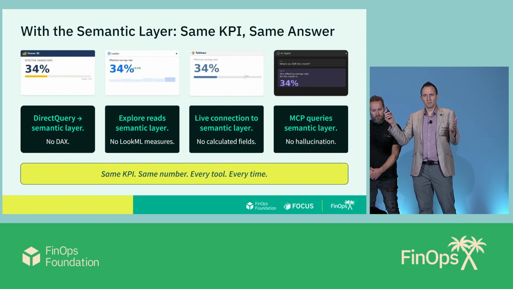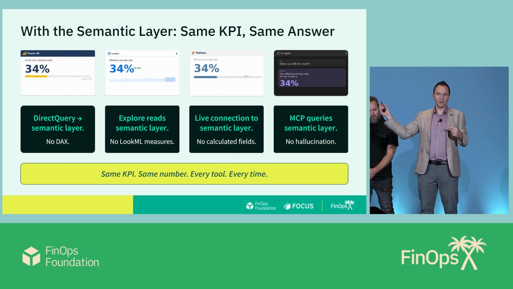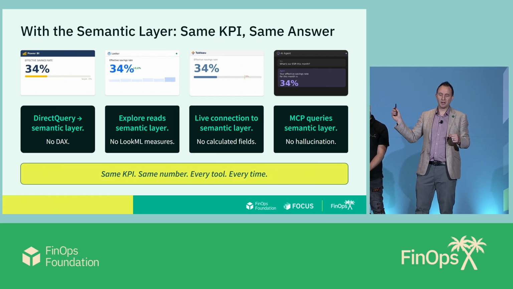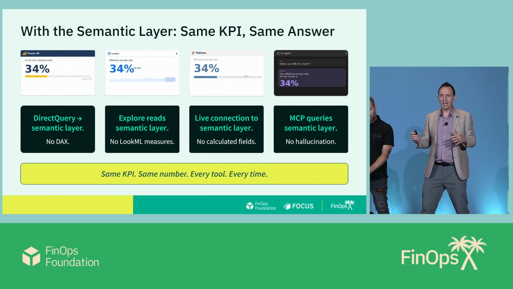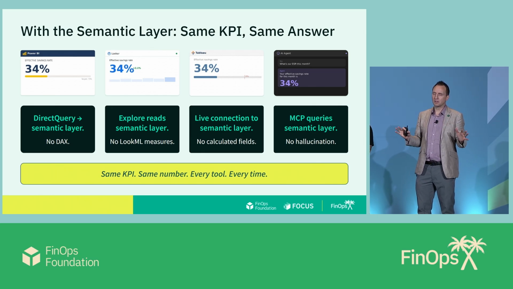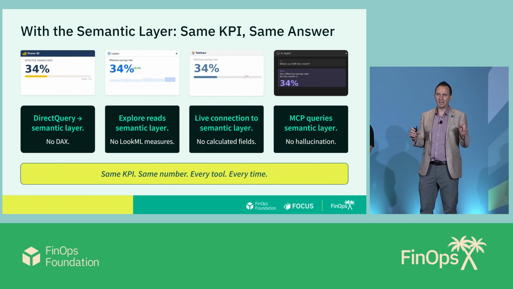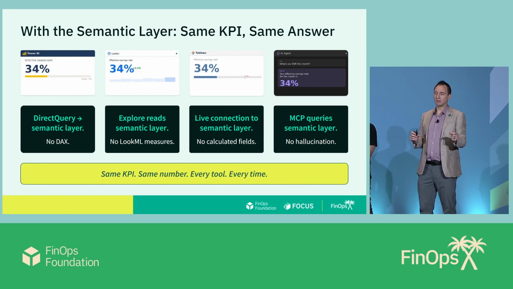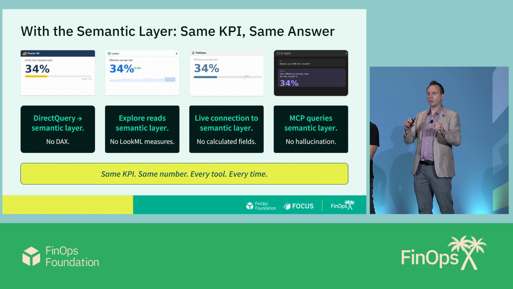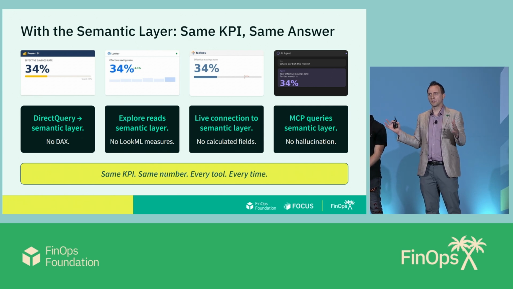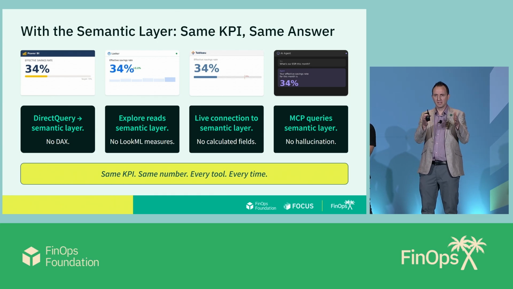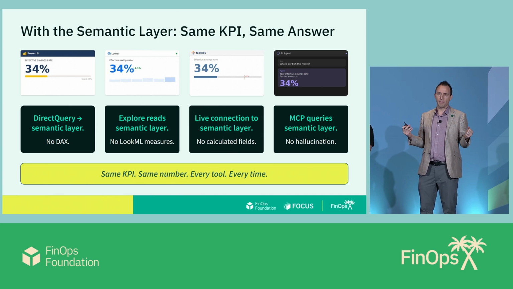So this is the butter slide of, hey, what does it look like when you have 3 different BI tools and every single agent answering that ESR question in the same way every time? That's going to feel great. That's when we're no longer working with probabilistic, I hope I get this right, kind of tools, and we're starting to say, this is how you define it, this is how it is, this is what the data says, and you feel good about it.